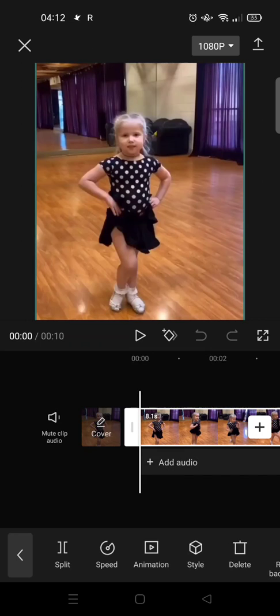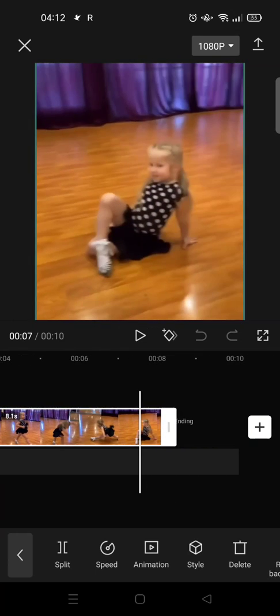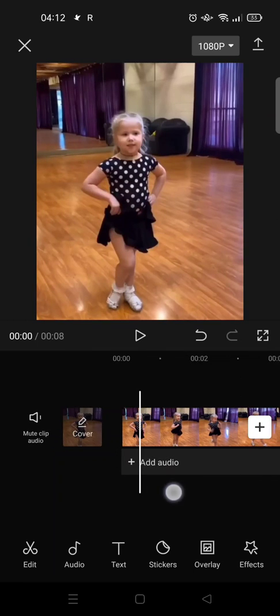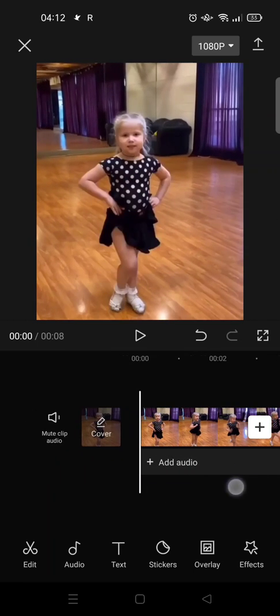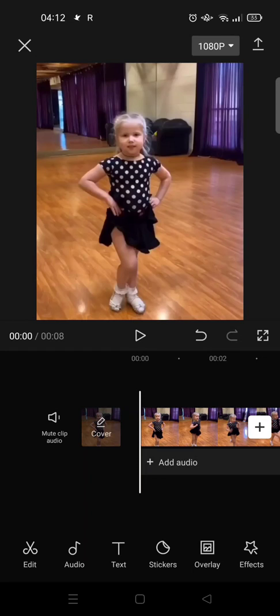On today's video, I'm gonna show you the easy velocity edit tutorial. So here I've already added a video of a little girl dancing, and it actually has a song or music in it, but I'm going to just mute the sound because I don't want to get copyrighted, but it is there. So if you want to do the velocity edit, the easiest way is to use the auto velocity in